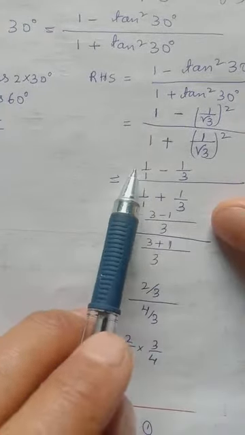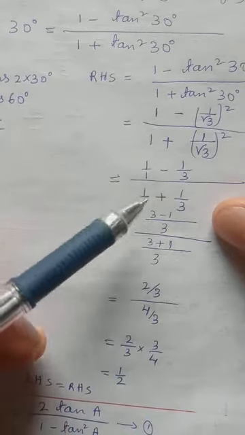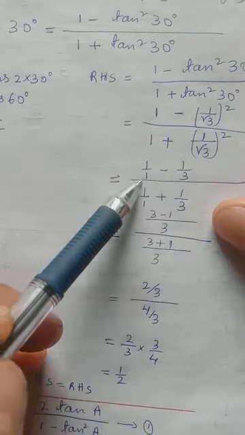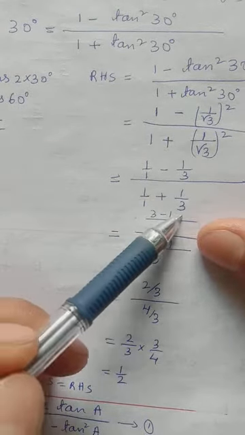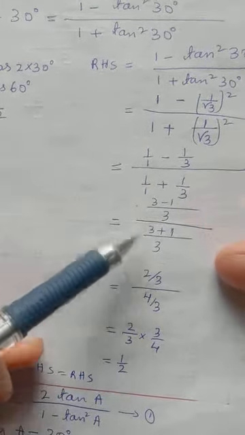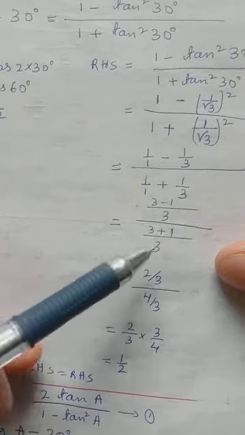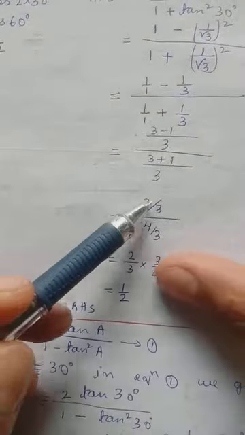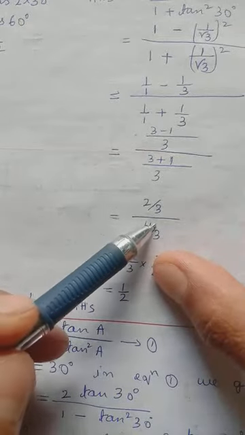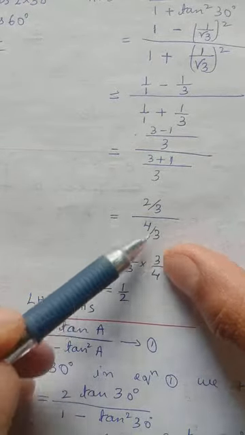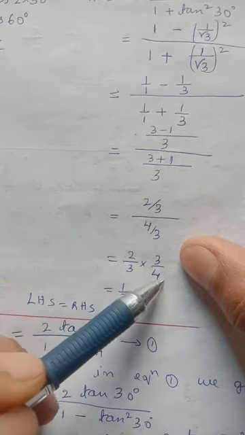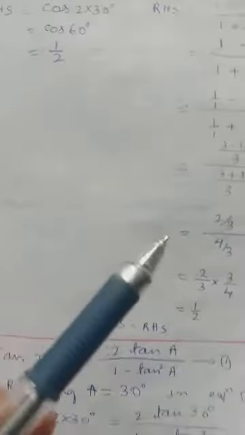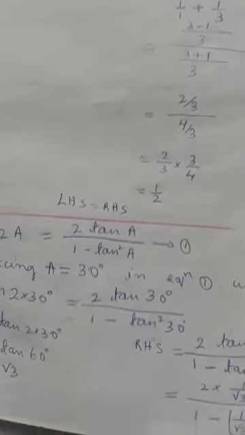We have a fraction. Let's find the LCM. Numerator separately, denominator separately. LCM of 3 and 1 is 3. 1 divided by 3, 3. Okay, minus 1, it will be 2 by 3. 3 plus 1, 4, then 3. So 2 by 3, bring it as it is. This one is divide. If I change it to multiply, it will come upside down, 3 by 4. So 2 and 4 we can cancel. It becomes 2. 3 divided by 3, 1. So here you see, left hand side 1 by 2. Right hand side also 1 by 2.